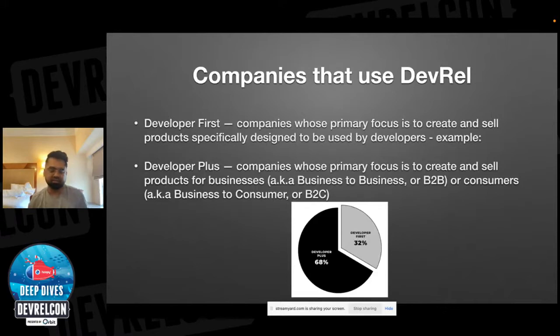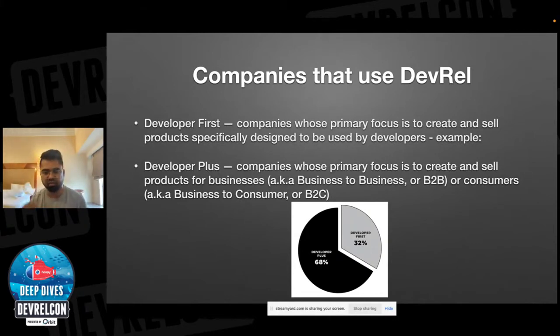So to begin with, I'm sure a lot of people here are already developer relations leaders. You already know that there's a developer first company and there's a developer plus. Developer first companies are companies whose primary focus is to create and sell products specifically for developers. So if you're creating Twilio or if you have Confluence, Jira, things like that, these are primarily for developers. And if you're using, let's say, an SDK or a backend service which developers use to create something, that's developer plus. So developers act as one of the bridges that you have to cross to actually reach the audience that